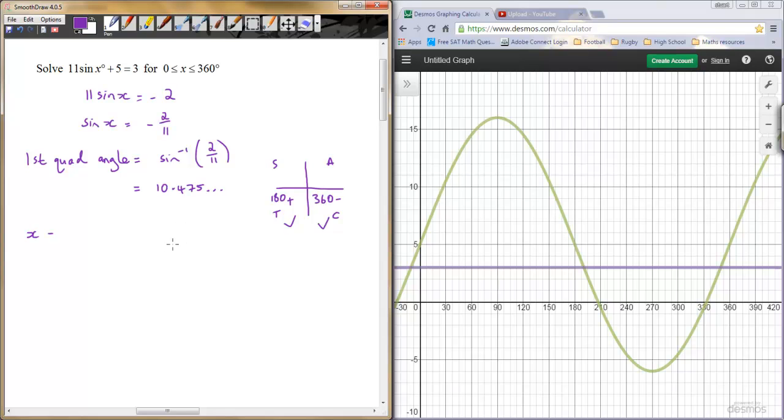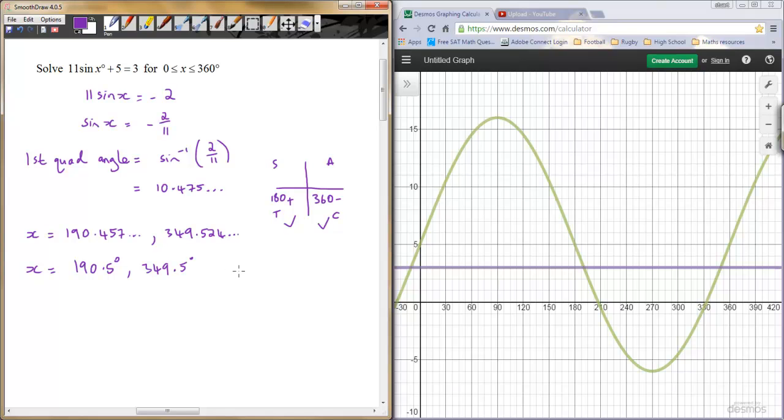So that will give us x values of 190.457... I haven't rounded it yet, and also 349.524, just to show that that's not rounded yet. And on the final line we'll take the opportunity to round it. I think 1 decimal place is probably appropriate here. So 190.5 degrees, don't forget the degrees there, and